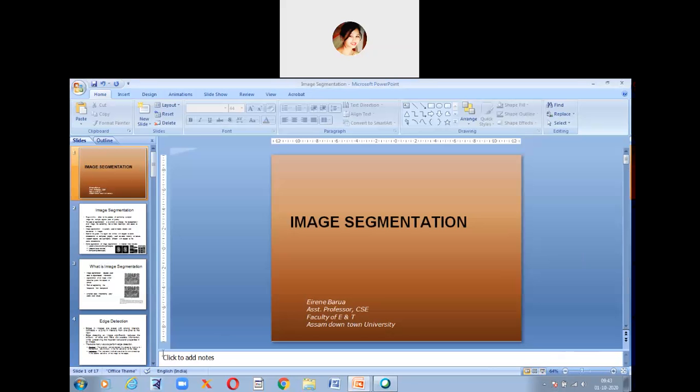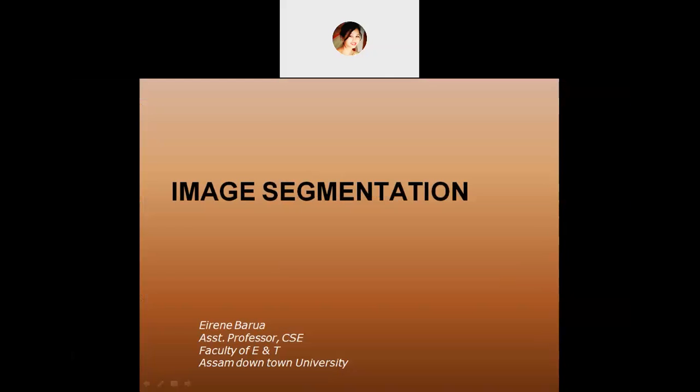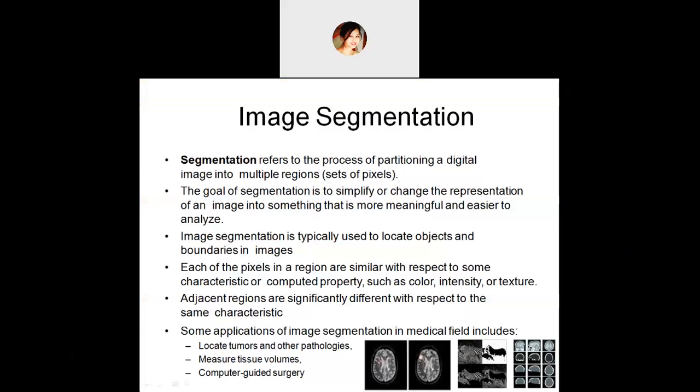It is also very important in classification and image representation. Okay, so I'll start with the screen sharing. So this is image segmentation. It refers to the process of partitioning a digital image. We talk about digital image every time, right? So we take digital image only. Partitioning of a digital image into multiple regions, and a region is nothing but a set of pixels. You remember these terms, right?